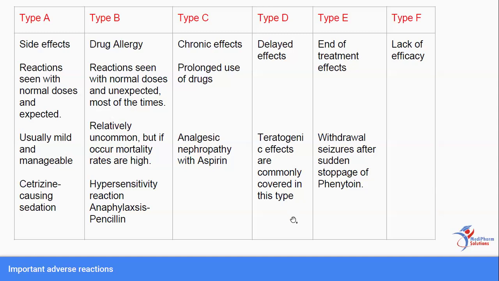The type of reaction in which pharmacovigilance plays a major role is type F, which we are going to discuss at the last. Okay. So type D, from where this whole pharmacovigilance started, is due to delayed effects. Okay. Not only teratogenic drugs, but also steroids, which have been given for a long time, can lead to osteoporosis. Like all these drugs, which have been taken for a long